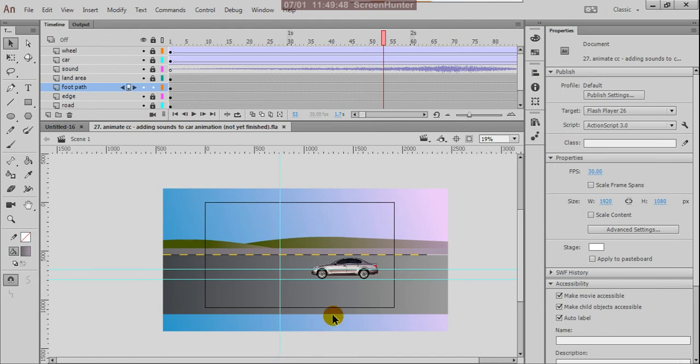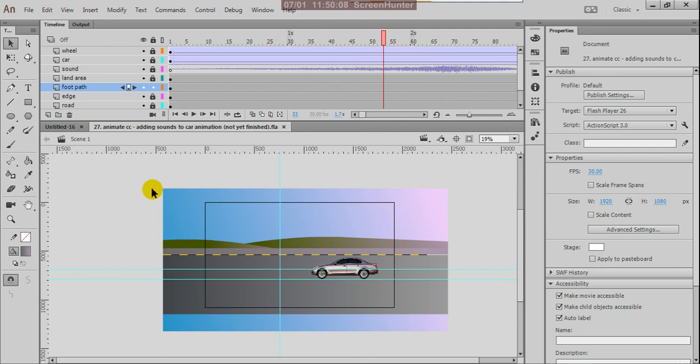Okay, so this is the background, the BZ added for this car animation. We added sounds to the car animation.